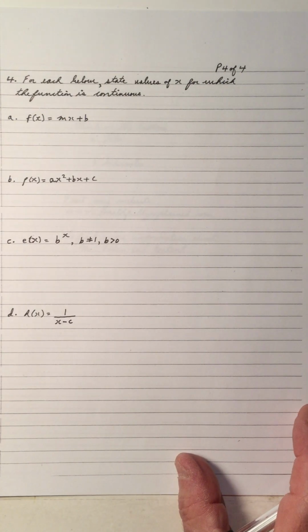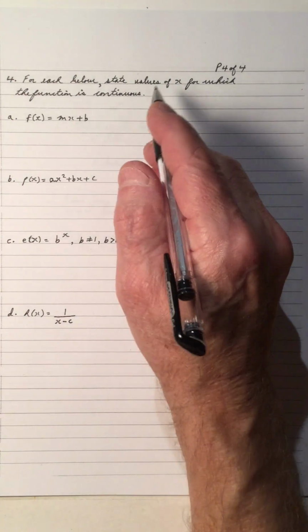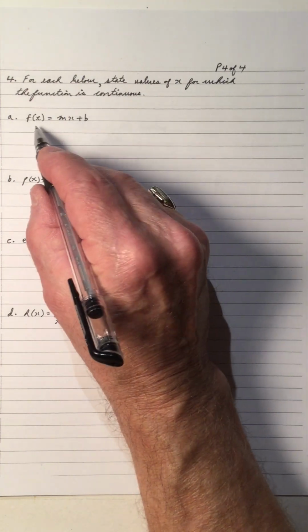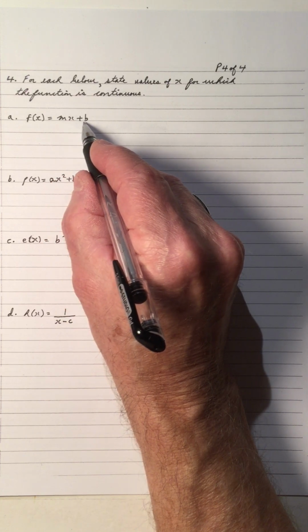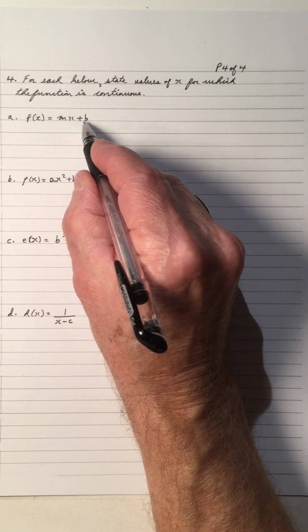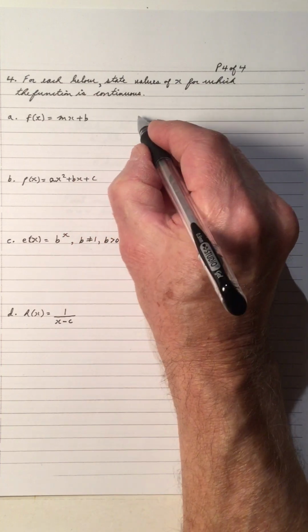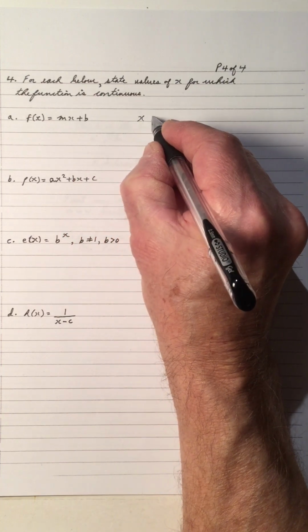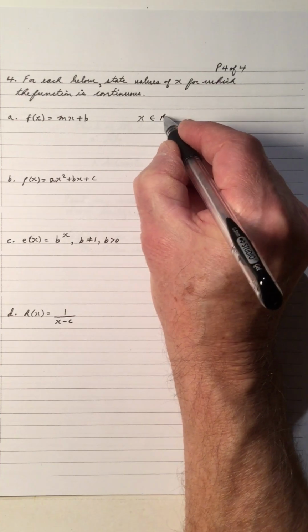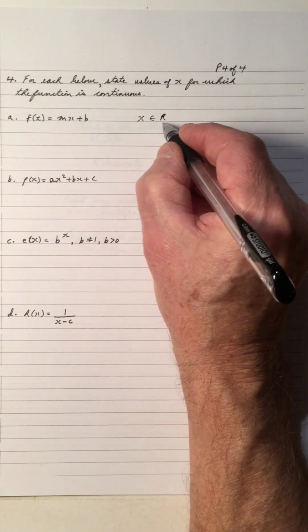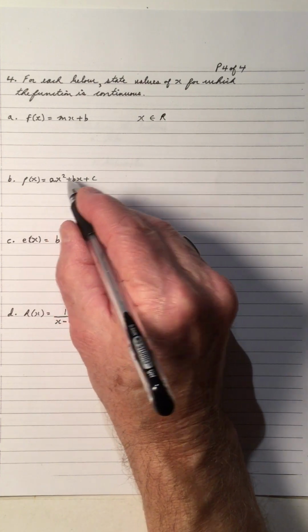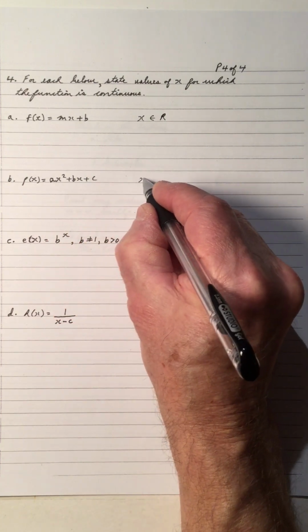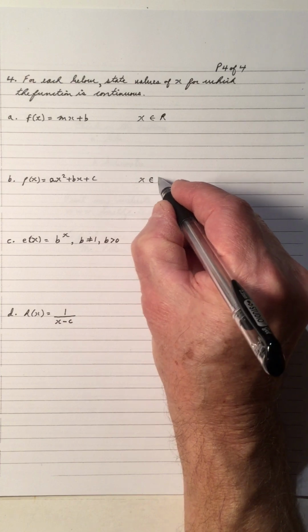For each below, state the values of x for which the function is continuous. f of x equals mx plus b is a linear function. So a linear function is a line. So for what values of x is it continuous? On all real values, all real numbers. This is a parabola, ax squared plus bx plus c, and this parabola is continuous on